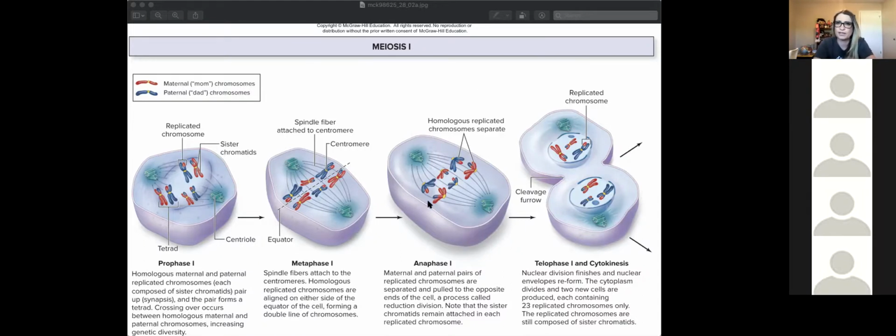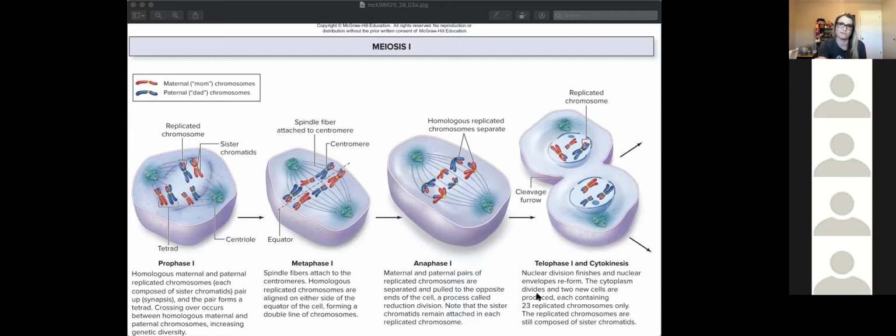So that's anaphase 1. And then telophase 1 and cytokinesis results in the cell membrane pinching off, and the nuclear envelope will reappear very briefly because this is going to go into meiosis 2 pretty quickly. So now you end up with 2 cells, and these 2 cells are already considered haploid